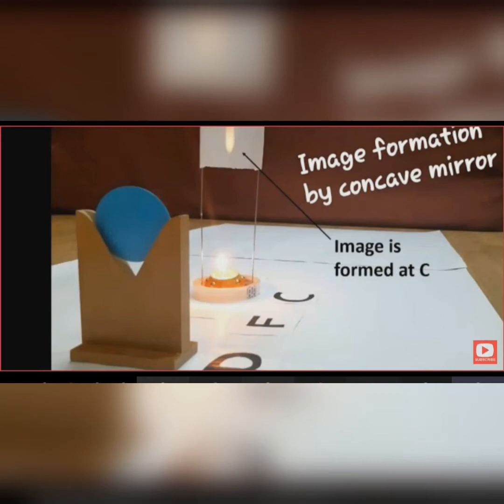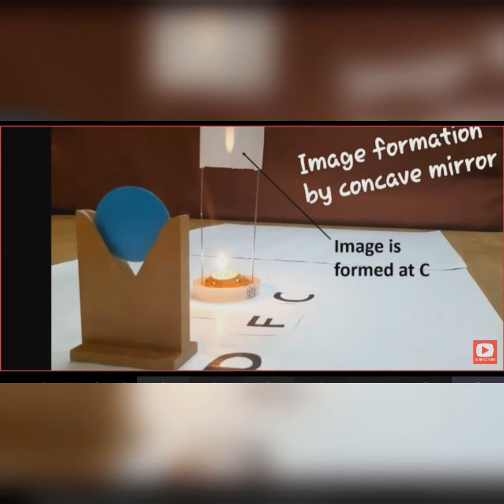We have put a screen because otherwise, अगर image वहाँ पे बन रही है, how will you see it? अगर हवा में बन रही है, if there is nothing there, you won't be able to view it. So, for the purpose of making it clear to you, they are using a screen. Right now you can see that this candle's image will be formed in the mirror, and the mirror is forming this image onto that screen. So this type of image which can be formed on the screen is called a real image.